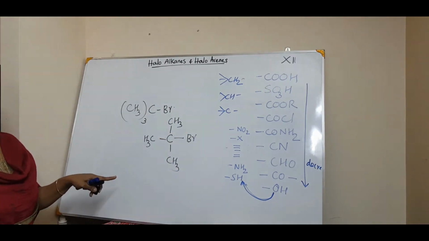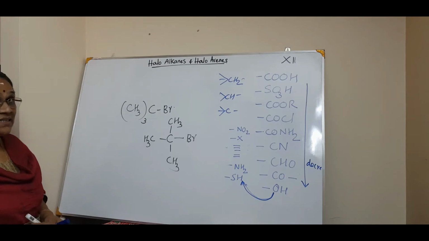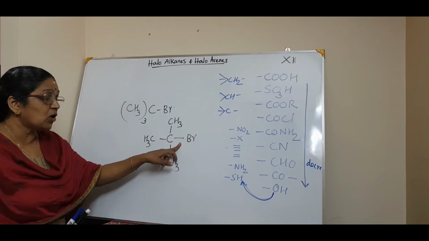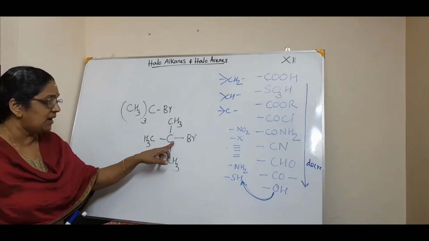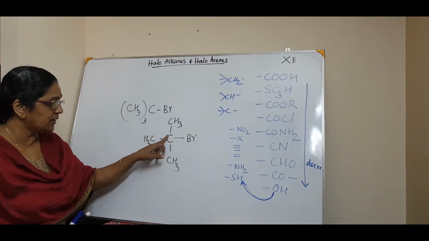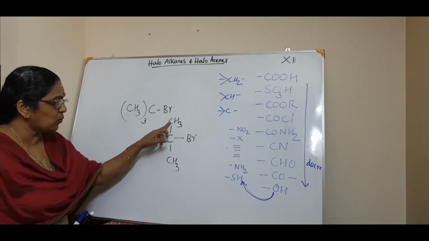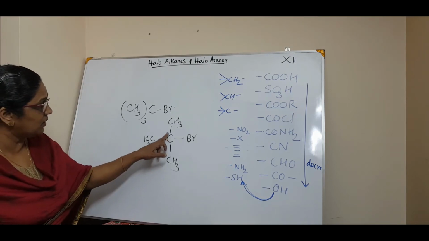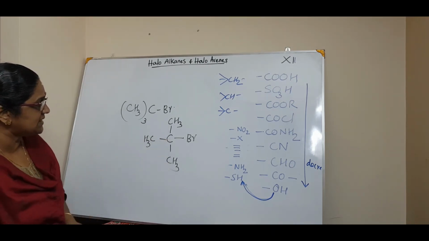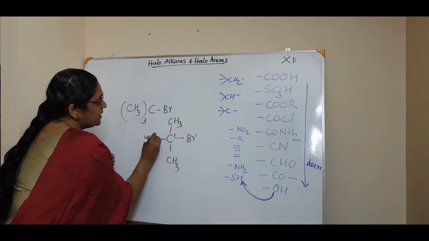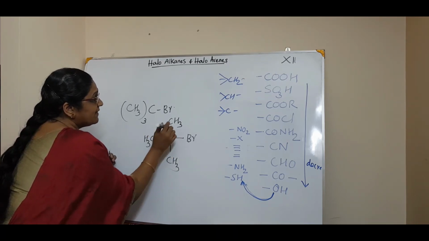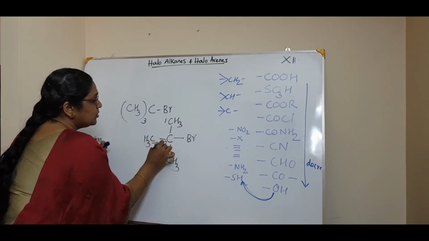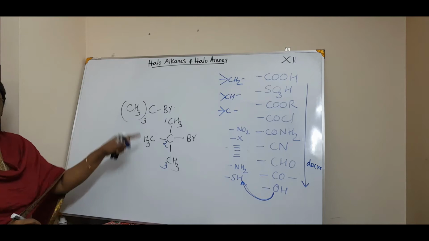Now listen very carefully. You know how to write the common and IUPAC name. It is simple. That is 1, 2. This also 1, 2. So its common name is, okay, 1, 2, 3. So this is the longest chain. If I take this as 1, it will be 1, 2. But you have to get the longest chain. So I'll put it in another color. This is 1, 2 and 3. This is the longest chain.